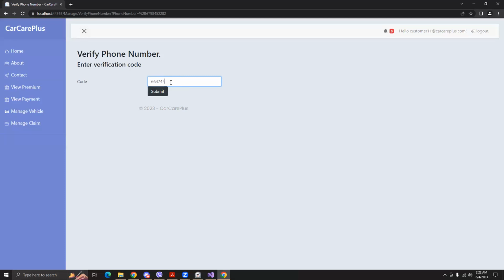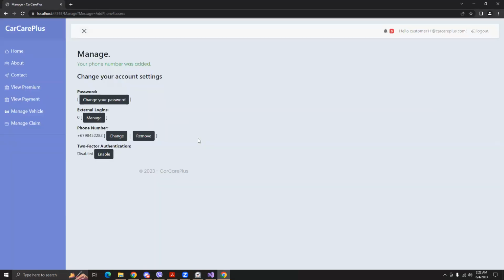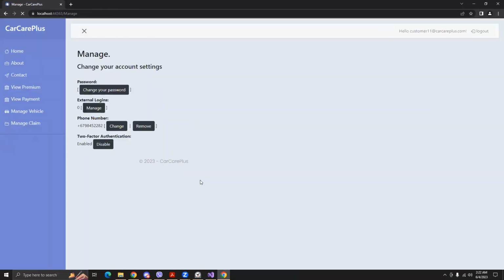Let's enter something wrong here. As you can see, it fails to verify. So now let's enter the correct code. It accepts the correct code, and my number has been added for two-factor authentication. Now I can enable and disable this. So let's enable this. It's enabled now. So when I log out